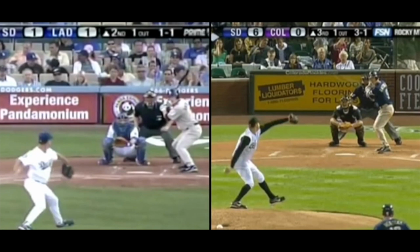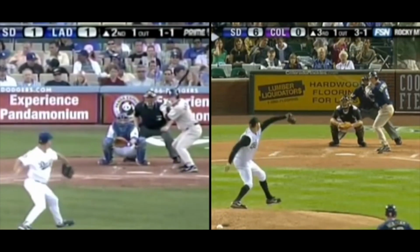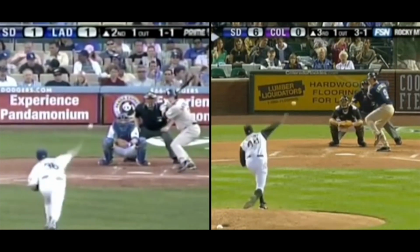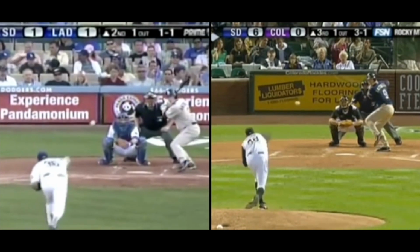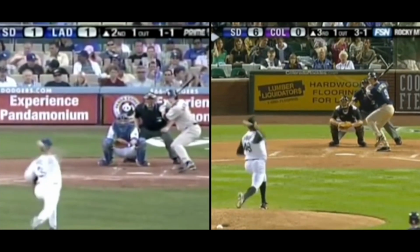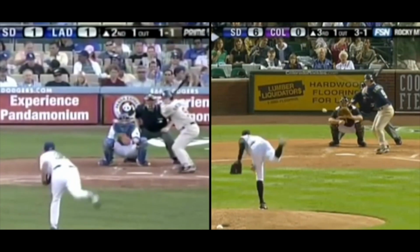But I think the biggest difference, you don't have to be a baseball person to see how much lower I am and how much smaller my stride is. So I'm lower, I'm wider. You can see how I just kind of pick my foot up and put it down, right? So very little movement